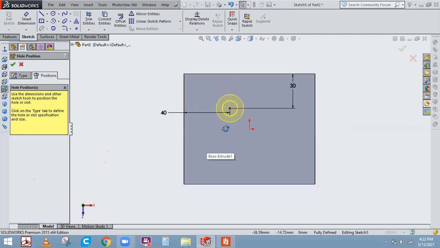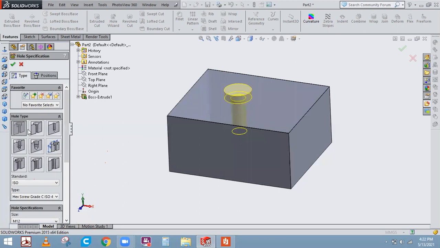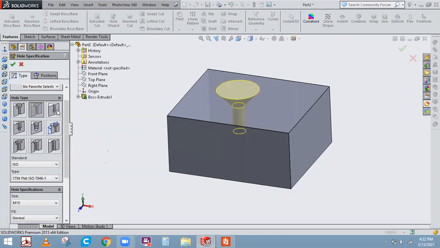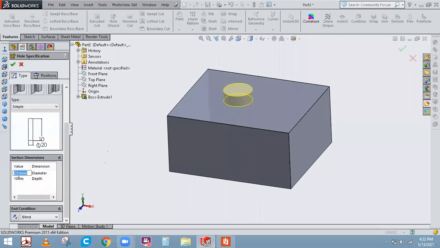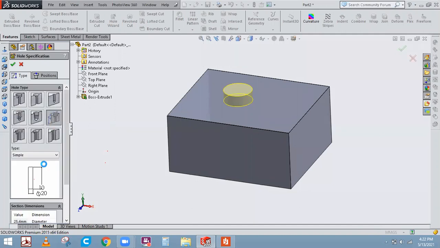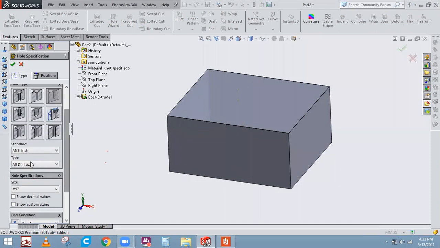Once the positioning is done, you go through the type of the hole you want. Now you have n number of hole types here. Whatever type you select, it will be done in that particular type. If you want to change, you can change the depths and diameters here. Just give a double click to these values and you can change. Getting it? Yes, sir. Sometimes if the hole is not appearing, like this hole is not appearing, it is because it is in inches. Just change it to ISO, then it will be visible.